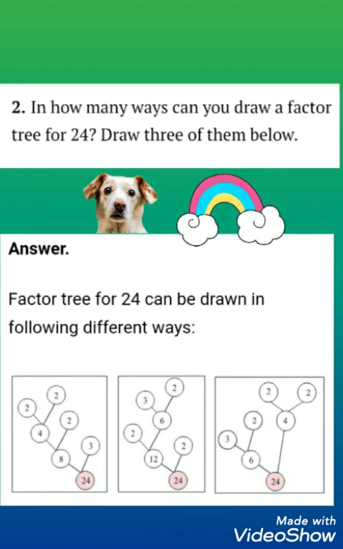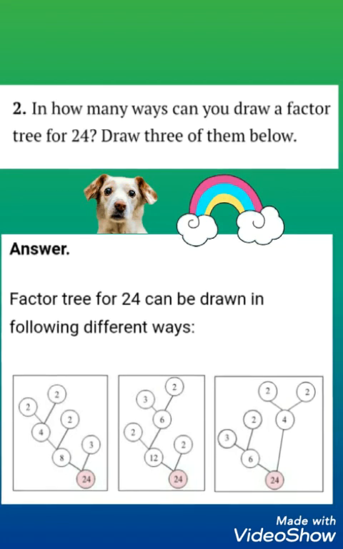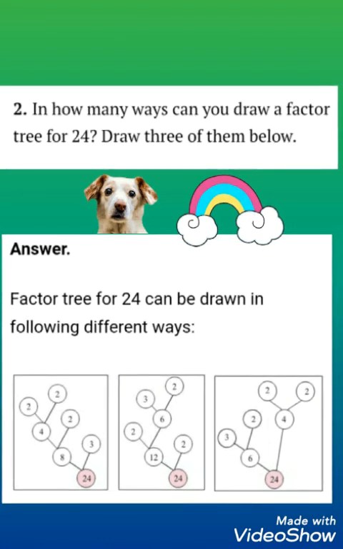Now come to the second one. You can see I have taken 12 into 2. Similarly 2 is a prime number, I will stop there. Then 12 I will break down. 2 into 6 is 12. Again 2 is a prime number, I will stop there. 6 I will break down. 3 into 2 is 6, and 3 and 2 both are prime numbers. Now come to the third one, 24. 6 into 4 is 24, so I have broken it down. Both are composite numbers, they are not prime numbers.